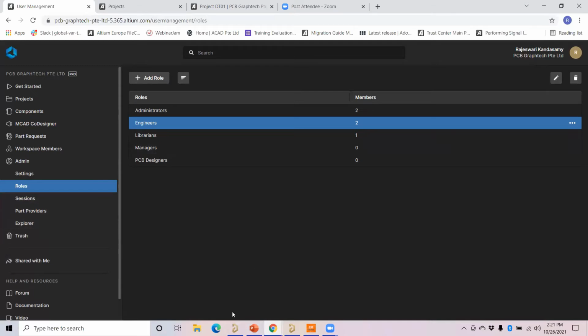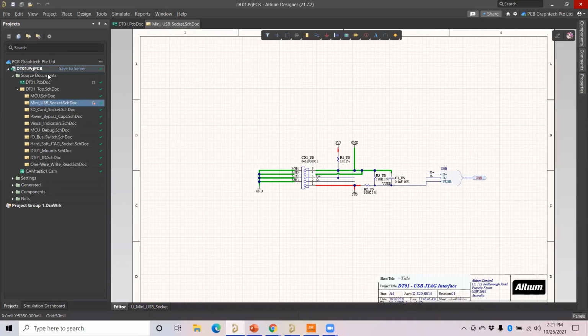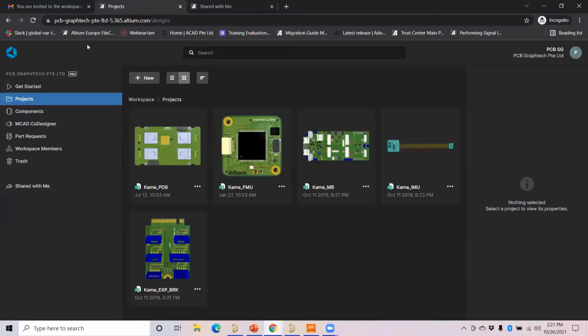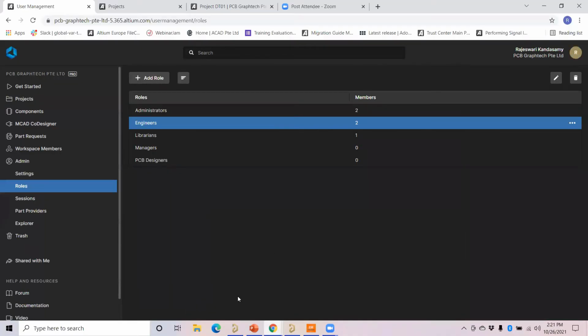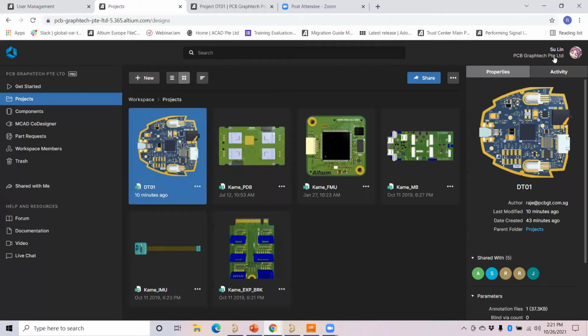Then the next thing is, when I go to the software, I have shared this project with my team. I opened my colleague's name here, for example. You can see my colleague's name here, and once I shared, she has received this, and all the collaborators can see and receive the same project. Once we have shared this and want to edit between each other, this is shared under the version control inside the Altium 365 workspace.